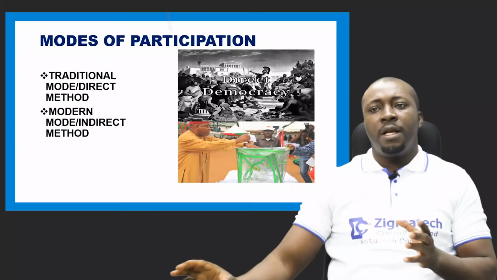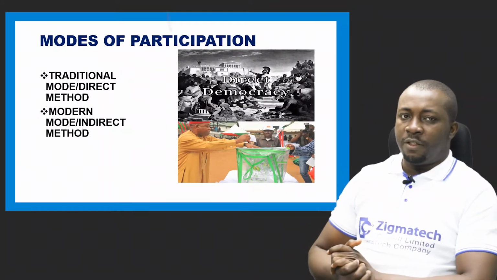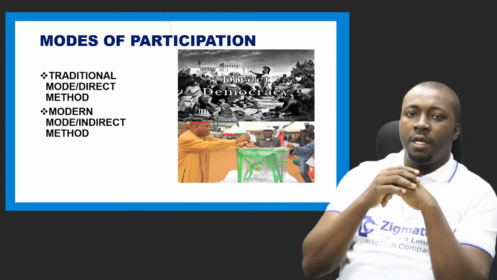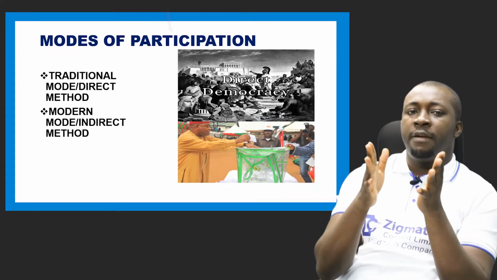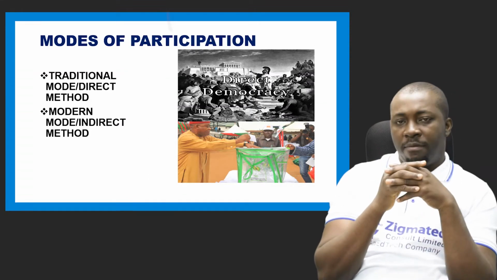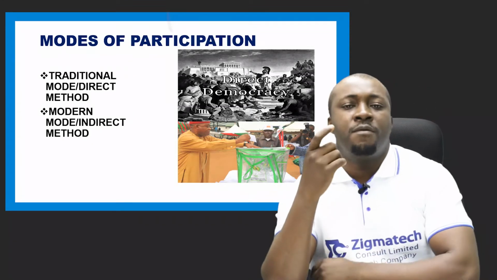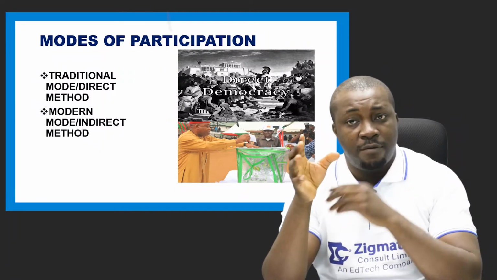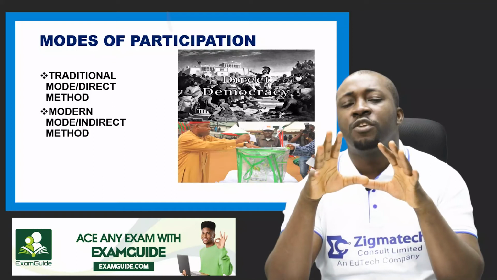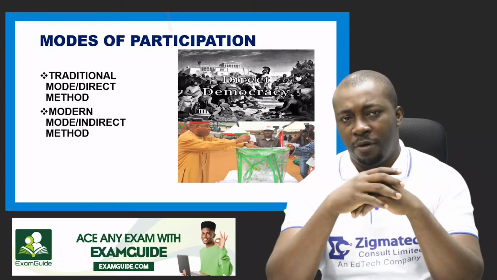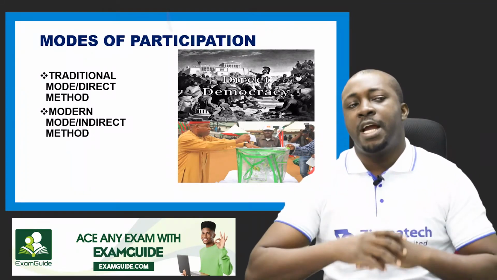Now, let's look at the modes of participation. There are two major modes of participation. Number one is the traditional mode or direct method. And what does it mean? Now, if you look at when we were taught democracy, we were told that we have direct democracy and indirect democracy. Now, the traditional or direct mode of participation is a type or mode of